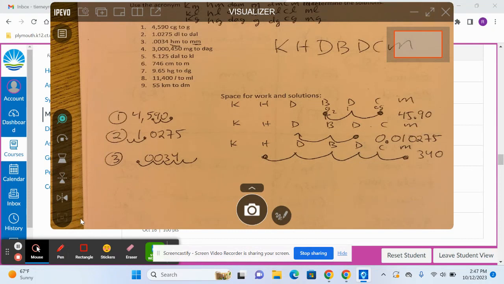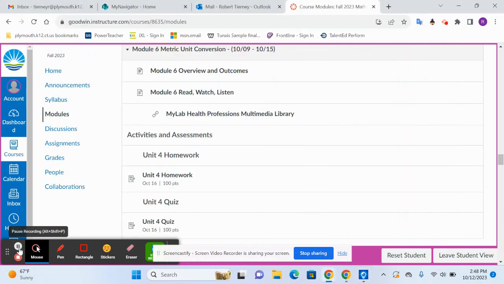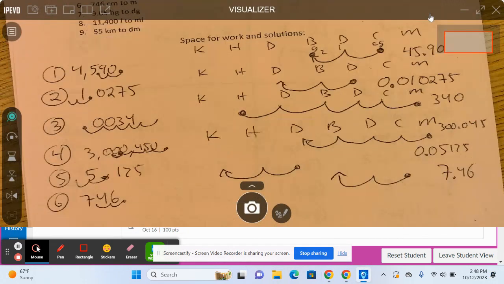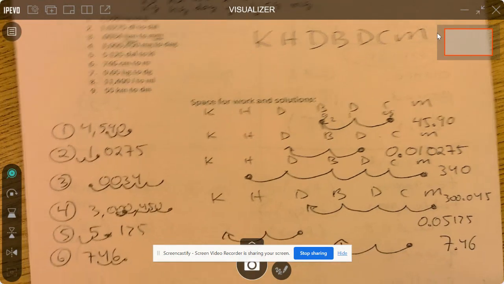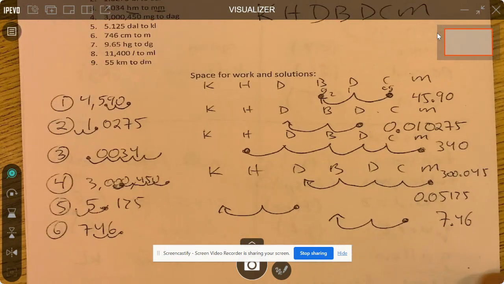I'm going to pause the video and write in the answers for 4, 5, and 6. And then when I turn it back on, you'll see that, and you can try it on your own. Okay, so the answers are here now for 4, 5, and 6. You can pause the video yourself as needed to get those answers on the paper. So now that you've done that and practiced those, we can take a quick peek at the homework eventually, but